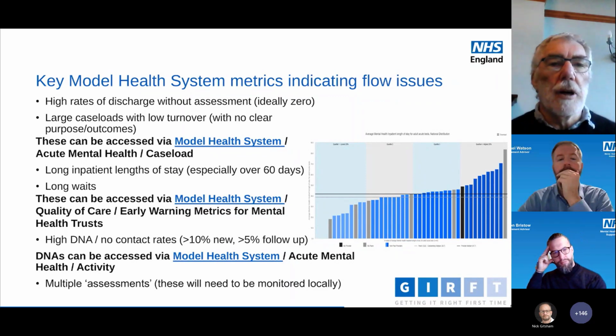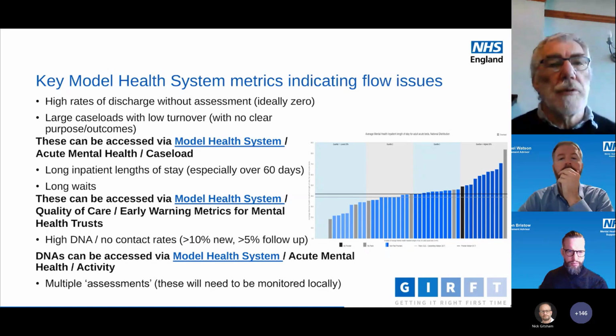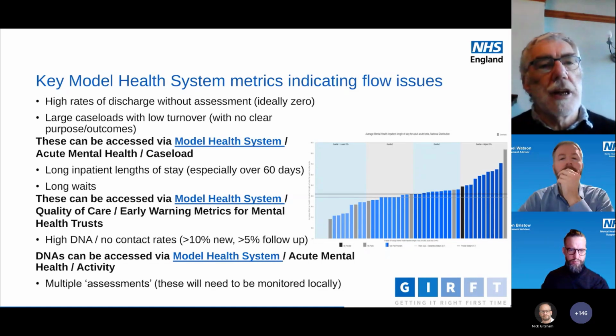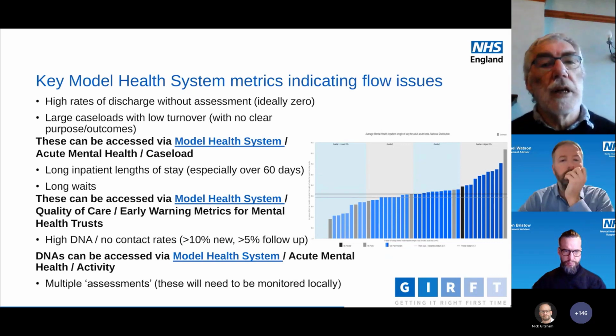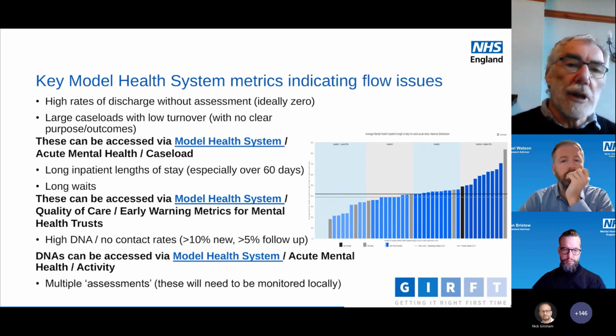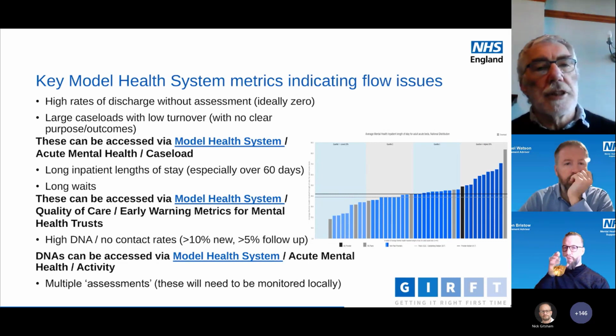If people are being referred, then what we need to be saying is, even if we're not the best team to help you, we've listened to you, we've heard your problem, and we're going to put you in contact with the best service to deal with you. Too many people experience multiple fob-offs at that point. Too many GPs just get lots of bounce backs, not appropriate, but no one actually saying what is helpful. You can capture the information about how many people you see and transfer onto other services, because that can help identify gaps, but you should not be bouncing them out by just saying you're inappropriate.